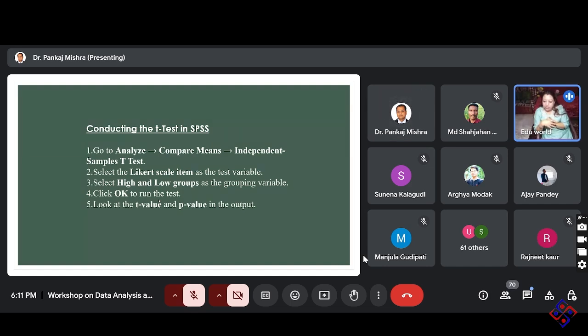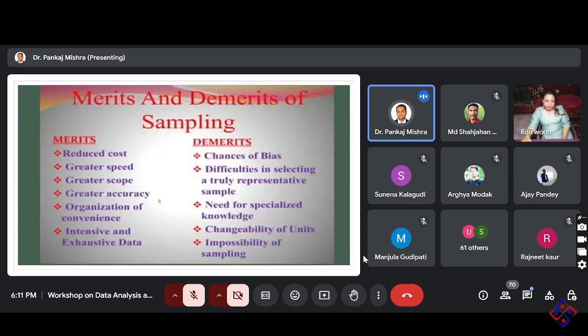Clear? Any confusion till now? Next slide. So these are the parts related with sampling, because after pilot testing, we will go for the sampling part. These are very much theoretical. Why do we conduct sampling? Because it actually reduces cost, because we cannot apply it to the whole population.